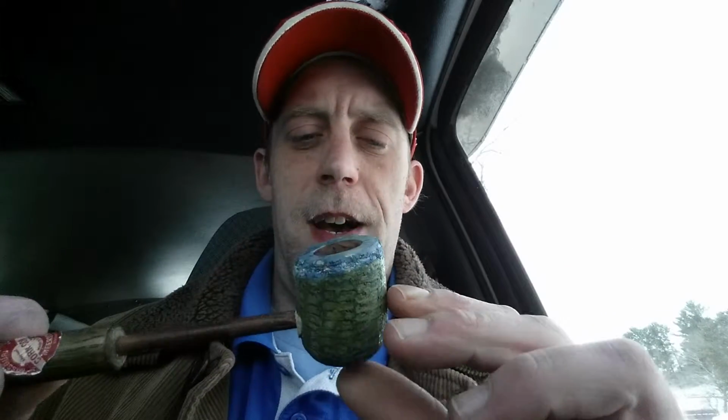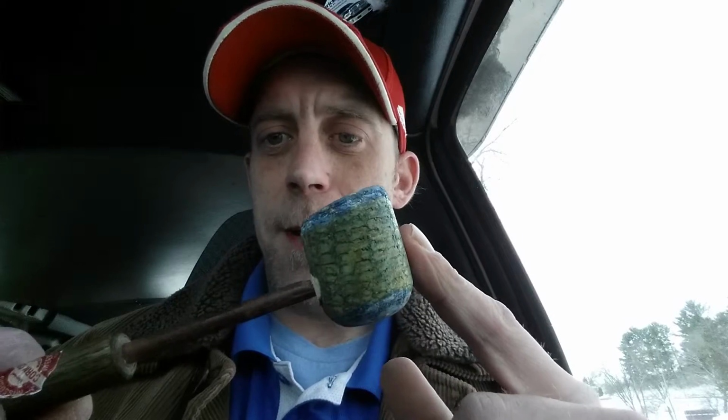So I got it on my little handle I usually put on them, which is a turkey striker that unfortunately broke when I was working on it last spring. This is an ugly cob. It didn't quite work out what I was trying to do to it. Now, this isn't what it looked like when I started doing all this stuff to it. I started somewhere else, and it just didn't work out. But my point being is, now that I got a messed up cob,